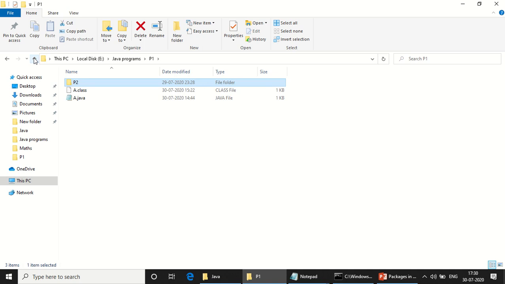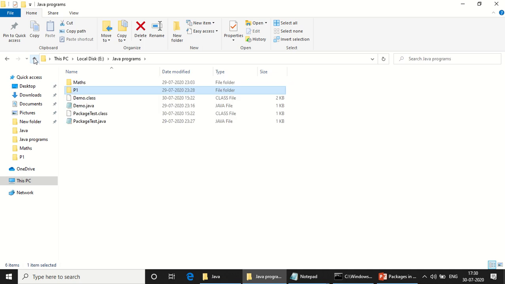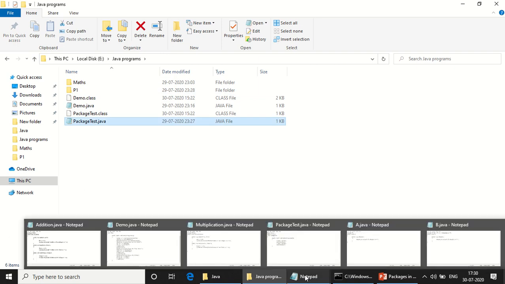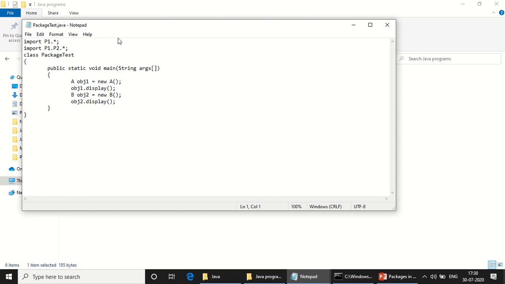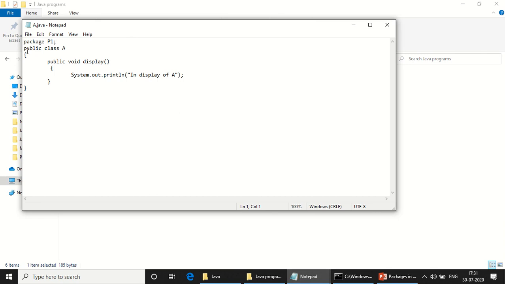Now we have seen that these classes in P1 and P2 are accessed through the package test. Package test is present outside the packages P1 and P2. As we have already discussed about access specifiers, since this class is present outside the package P1 and P2, this class has been given as public, and this method has also been given as public.